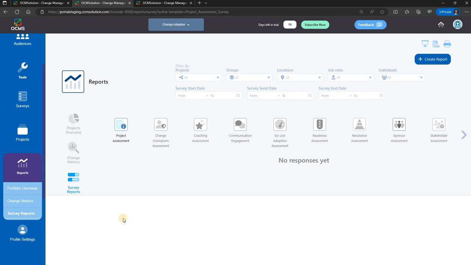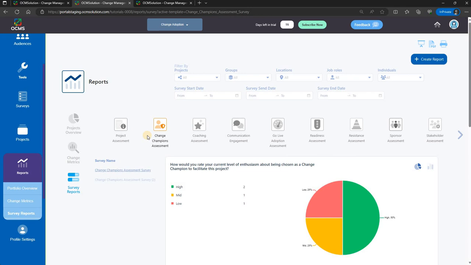Across the top are the survey types that are available. Click the survey you're interested in. The responses that have been received for any surveys you've sent will show here. You can send the same type of survey more than once. For example, if you want to assess your Change Champions network at the start of a project and again midway